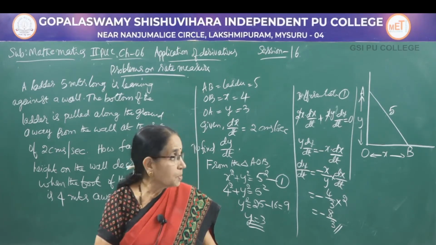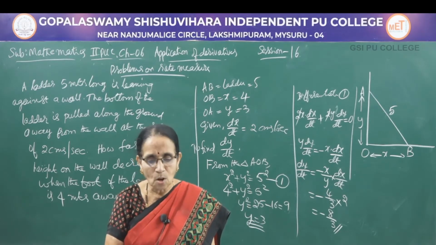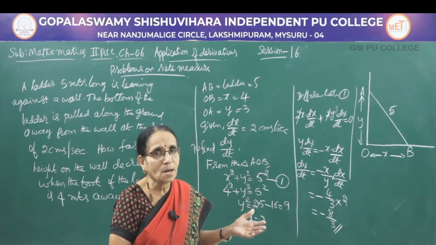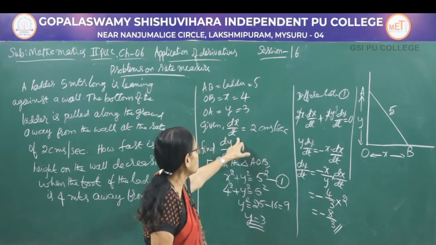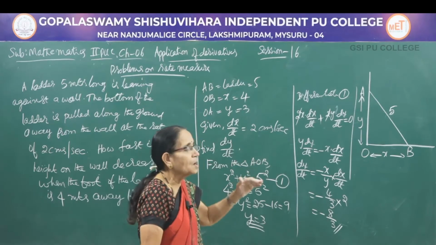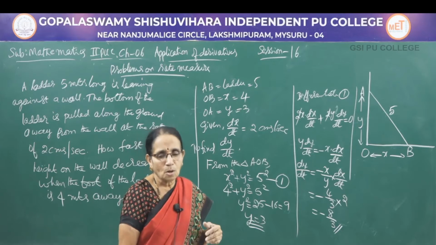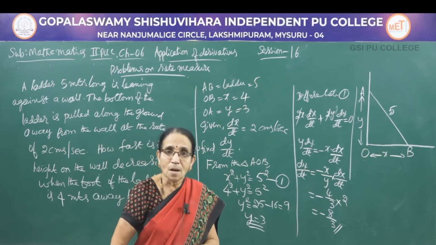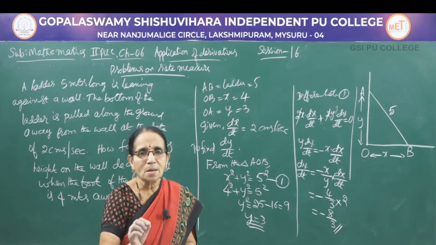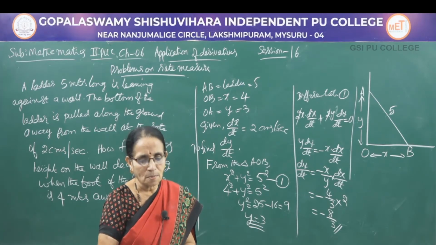See, if we are calculating about the movement of the lower end, we would have got it as a positive number. So when the upper end coming down is given, suppose dy by dt was given, then this minus sign will not be given in the problem. You have to take it with the minus sign, because the upper end will be coming down, that is, it is moving in the negative direction. You have to take the quantity with the negative sign. So you have to remember those things when you read the problem. Increasing, keep it as positive. Decreasing, you take it with the minus sign.